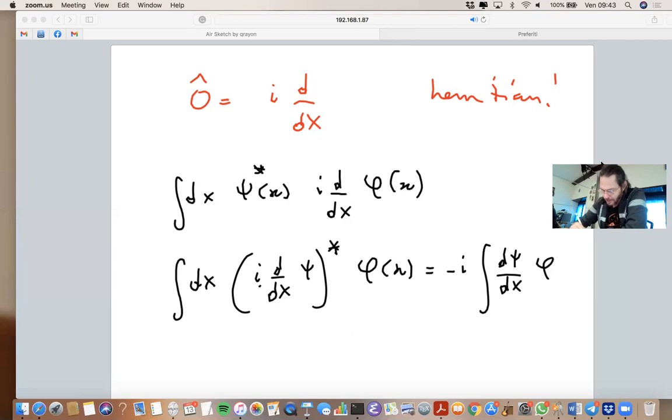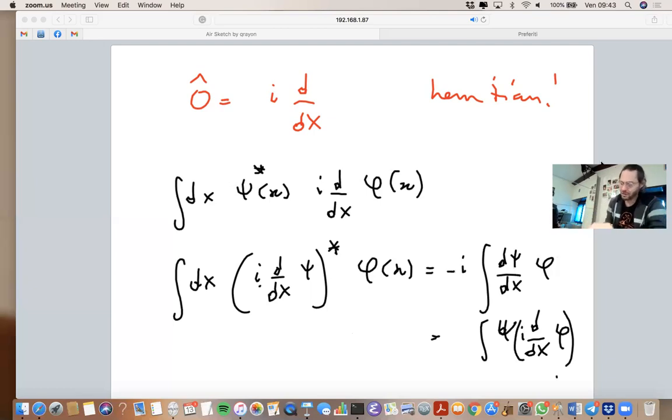And now when I use integration by parts, I get an extra negative sign, like before, and therefore I can pull it back and get the right result. So this operator here is Hermitian, and this should come with no surprise,